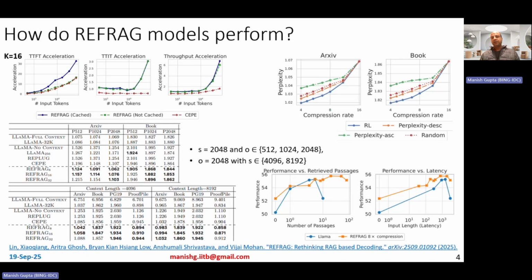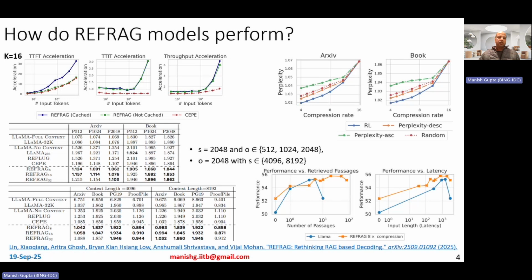compression policy. Okay, so remember, selective compression actually helps you decide which chunks should be compressed versus which chunks should not be compressed. So you can do this selection of chunks to be compressed in multiple ways. Obviously, you can use the reinforcement learning model that I talked about on the previous slide. That was basically learned using perplexity of the output tokens as a reward. Right? You could use that, or you could basically just take the chunks themselves,